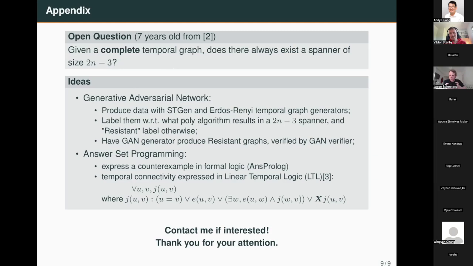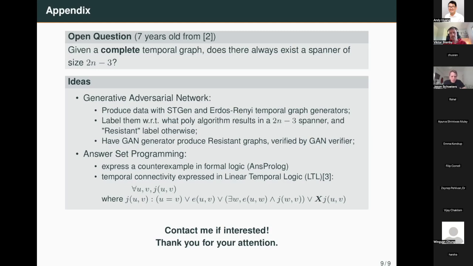But there are some results that say that these are very sparse, in the sense that 99.9 something percent of all spanners, or all cliques, after some size, are solvable with one of the polynomial time algorithms. So to find these, we cannot just use classical algorithms, because it would take too long and there would be too many cases to check. So that's why maybe these learning principles could be handy.